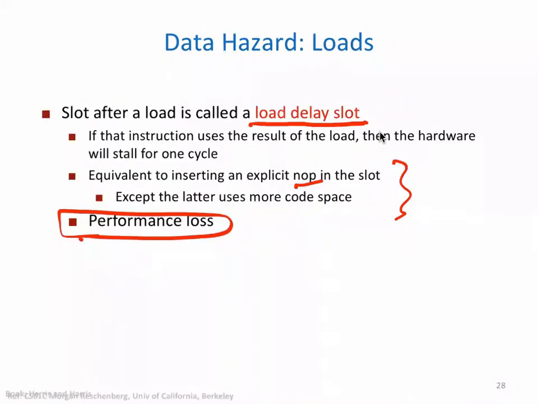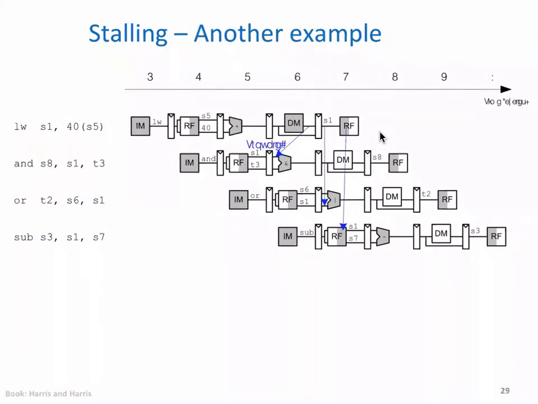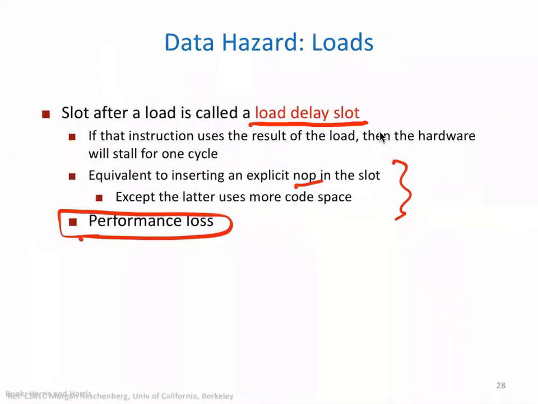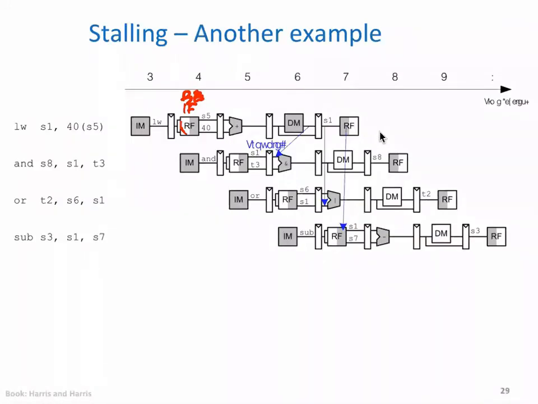Okay, this is another example. Of course, it's from a different book, so you can see there is a difference in notations. RF here is a register fetch, a register read, the same as instruction fetch. In the earlier diagram we showed this as instruction fetch, but here, because in RISC, instruction fetch and register read are part of the same cycle.